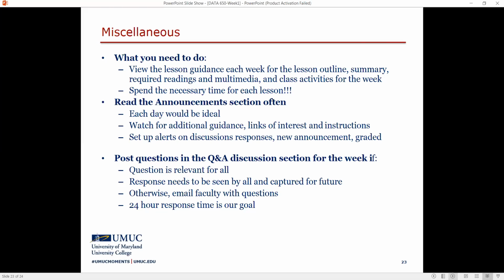I would like any of my colleagues to stress anything I may have missed. And it's very important: we respond within 24 hours. That is our goal, and we are keeping our promise. But you also, as a student, have your responsibility